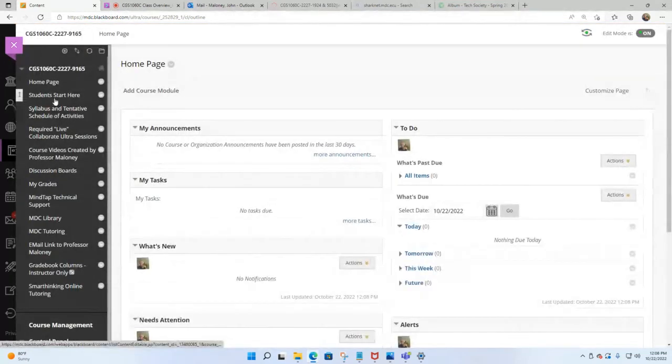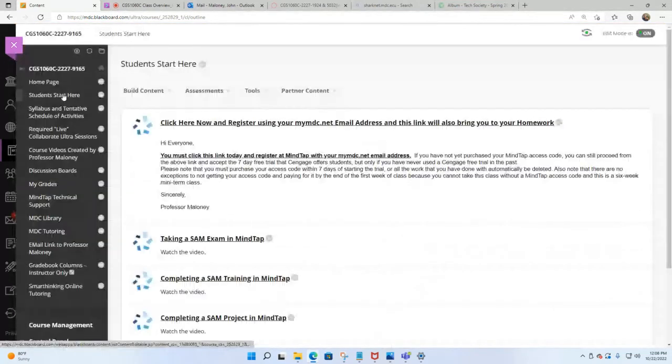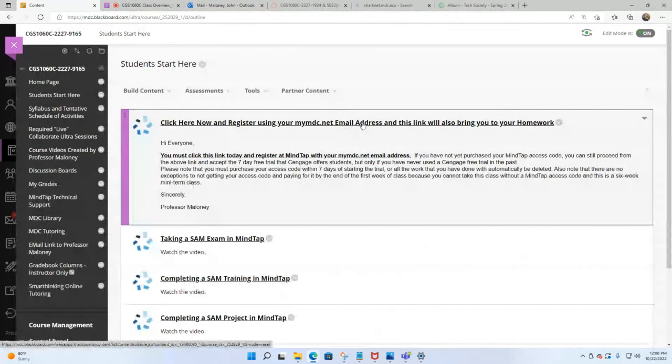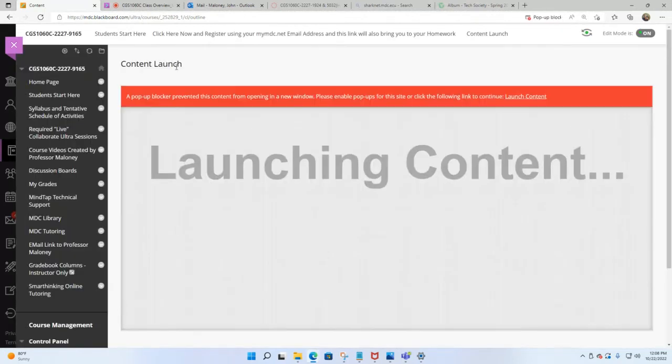Once you register, so pretend you've now registered at MindTap by clicking this link, following the instructions, and putting in your access code. When you come back and click it again, it'll bring you straight over to the class, unless you don't allow pop-ups. I purposefully do not allow pop-ups because I want you guys to learn how to prevent them. So every day, all I got to do is click my launch content.